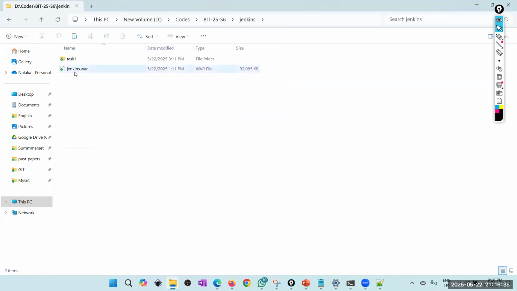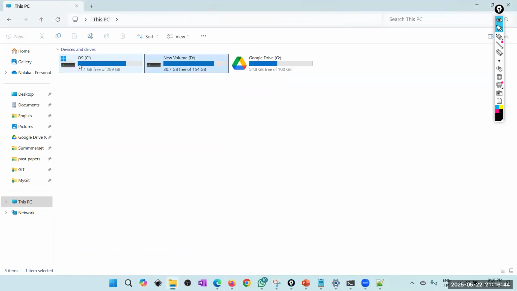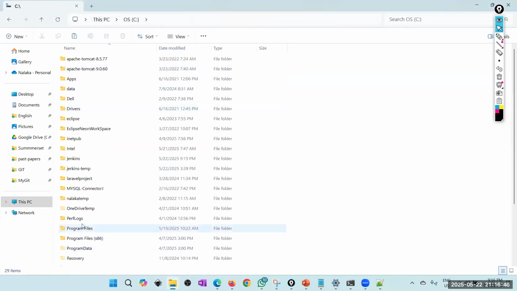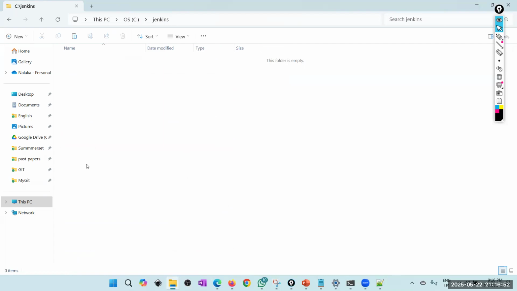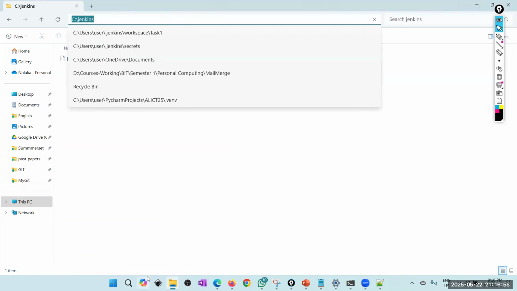Yeah, Jenkins. So just copy that. Okay, copy that. I will copy it to the C drive. I just created a folder called Jenkins. Where is that? And just copy it. Then take command line,